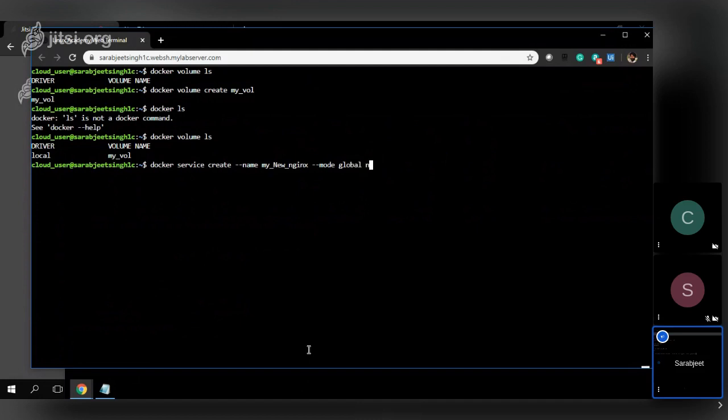So what does it mean? I'm not going to give any replica here. I haven't given a replica flag. Still, if I hit enter,